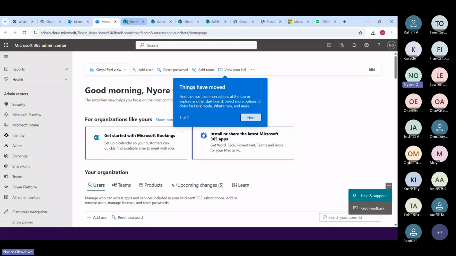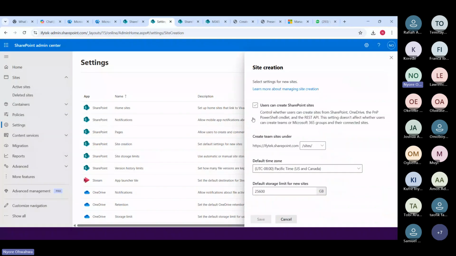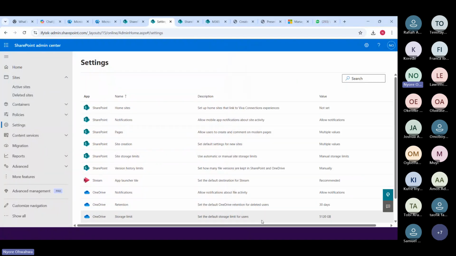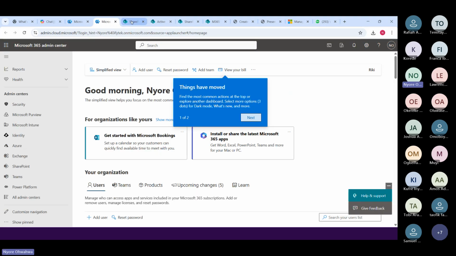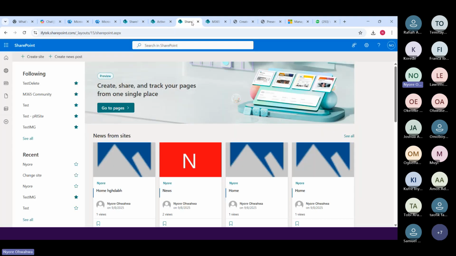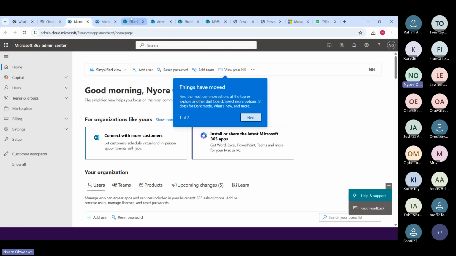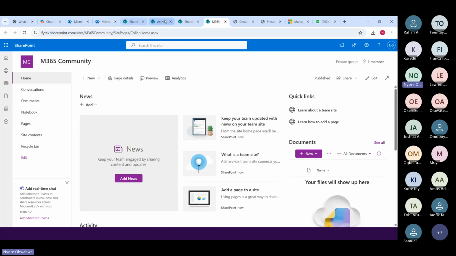Okay, so I will just go back and check that setting because it is something I need. But if you don't mind, you can just leave that on and then save it. Once you do that, only the SharePoint admin will be able to create sites by going into the admin center, clicking on active sites, and creating sites. So we can go further into the site creation and see.